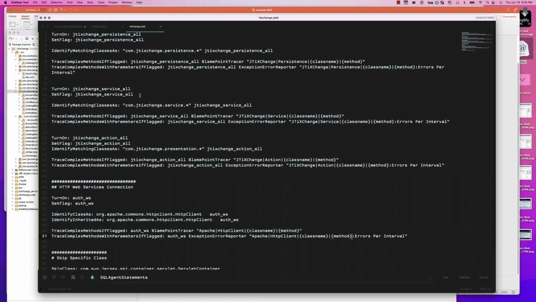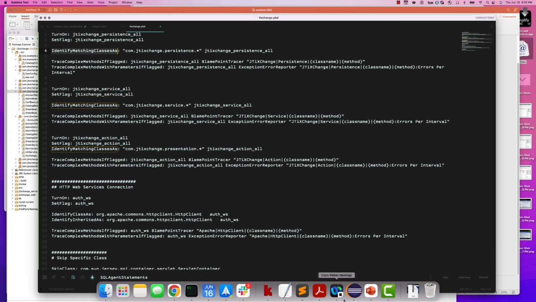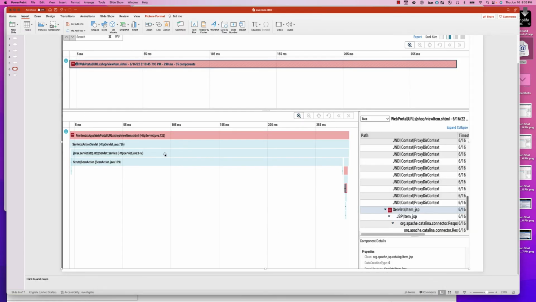So this is a test, right? It's a discovery test. That's why I'm using a defined matching class for the various packages. And so when I deploy this and I run this and I run into the same error, this is what I get this time, right? So remember I got this. Now, if I do that,